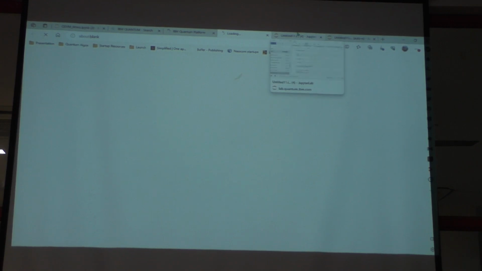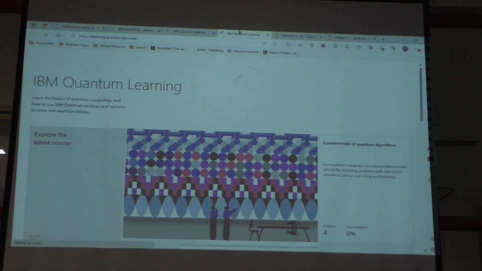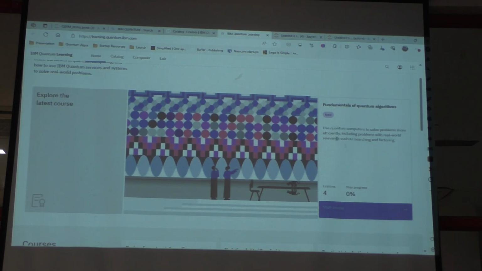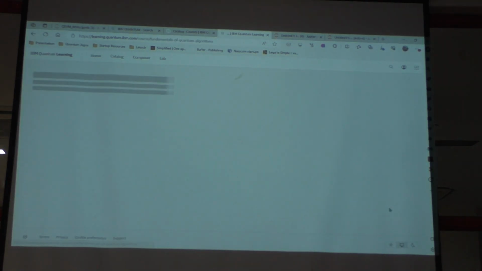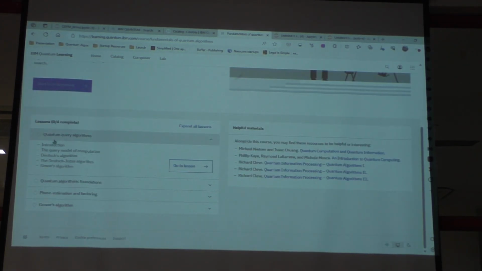I've shown this in the morning session also, but I'll try to show it again. So try to start with one of those algorithms, at least this one, exploring quantum algorithms. Here they will introduce simple algorithms, like the Deutsch algorithm, the Deutsch-Jozsa algorithm, and other things.